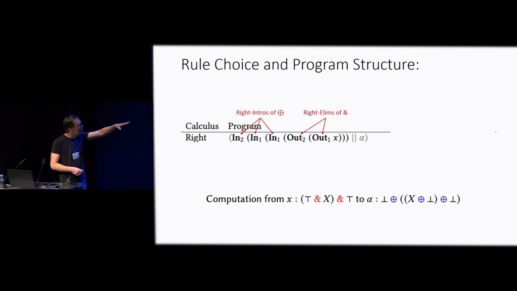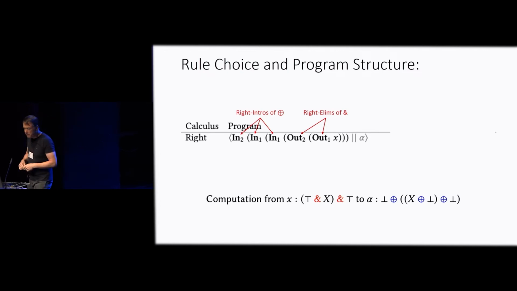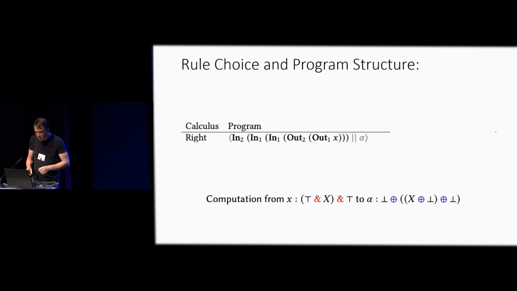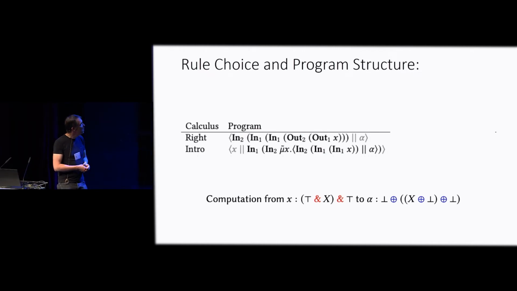And here in gray, I put the output there because in natural deduction we have this implicit output, but I put it there just to make it clear. Okay, if we do the same using only introduction rules,